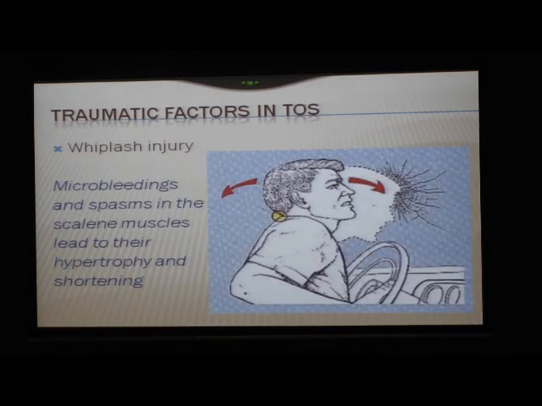But there are other factors that are definitely more important to be considered when you're dealing with a patient where you suspect there might be such a syndrome. A lot of patients will start